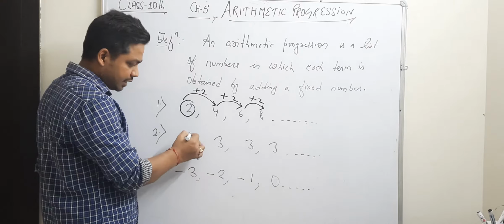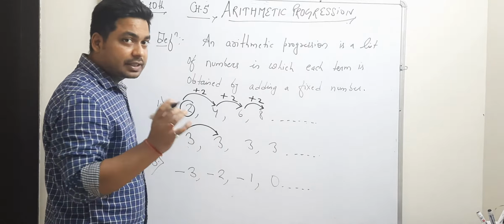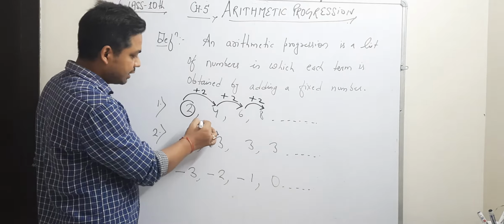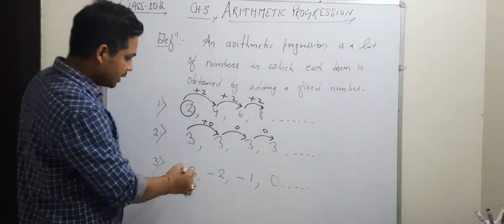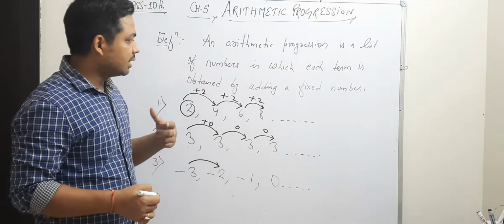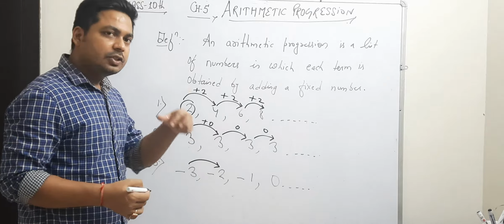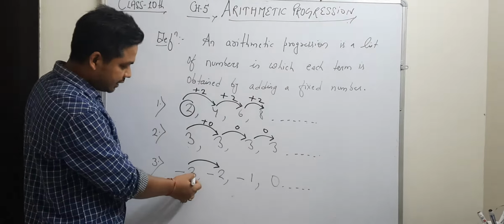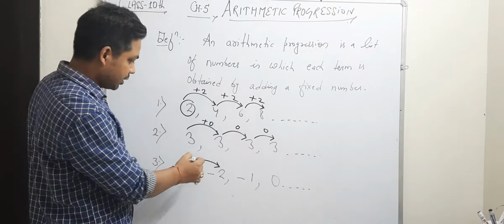We can also check in this case. This is also an AP. Why? Because it contains a fixed number. It is obtained by adding a fixed number to the preceding number. Like in this, 0 is added, 0 is added, 0 is added. The next one is minus 3, minus 2. So it can be addition, it can be minus also, it can be plus 0 also. You can add any other number, and you can add negative numbers also. Like in this case, minus 3, and what you have added is plus 1.